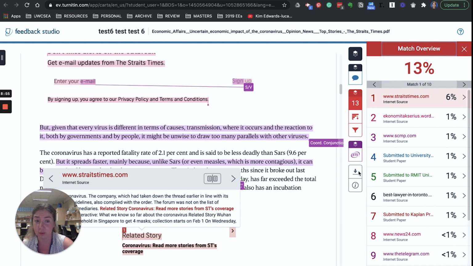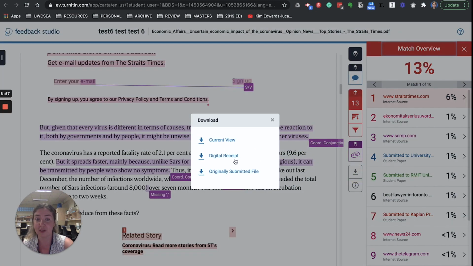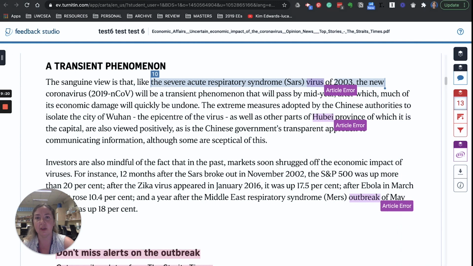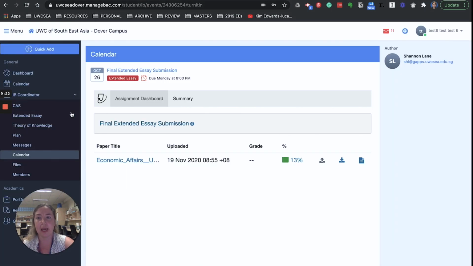You can download this file, and you can download it in its current view showing those highlights. Take it to your supervisor and talk through what changes you might need to make to avoid any academic misconduct issues, okay? So check each of those references. Once you're done and you're happy that yours has everything appropriately quoted, cited, and there is a reference list at the end, you can exit out of Turnitin, you can just close that off